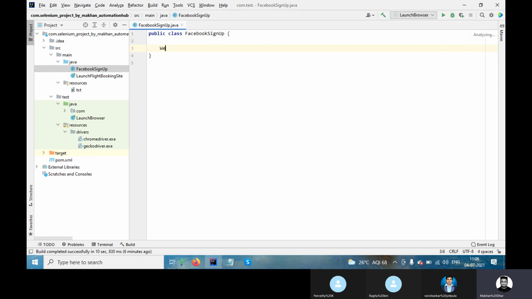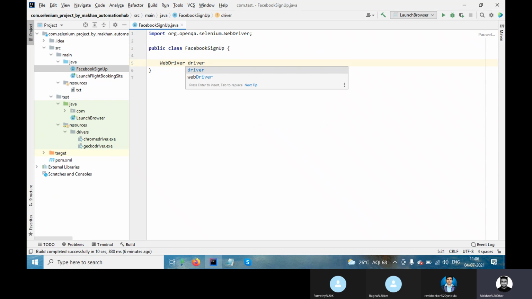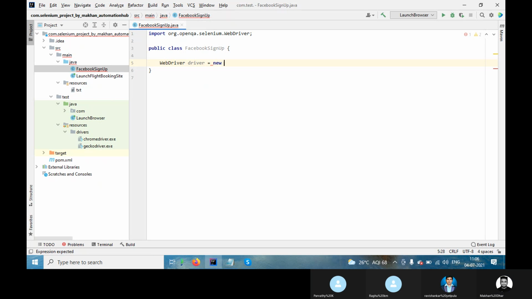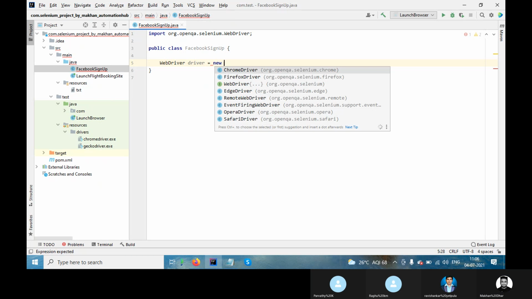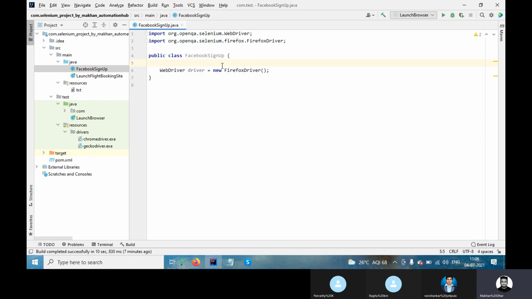And this is WebDriver driver equal to new, let's say Firefox. Now here I have to set the property, right?